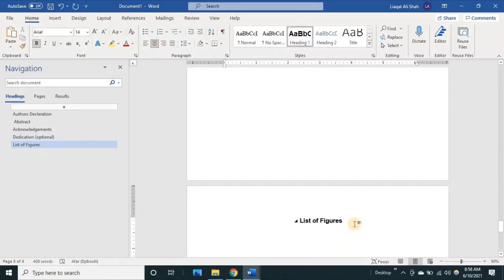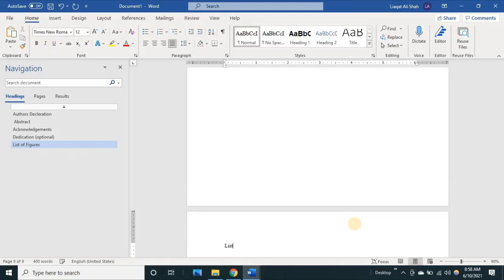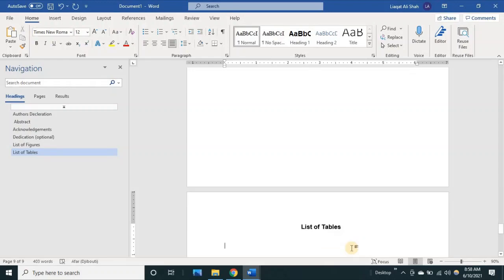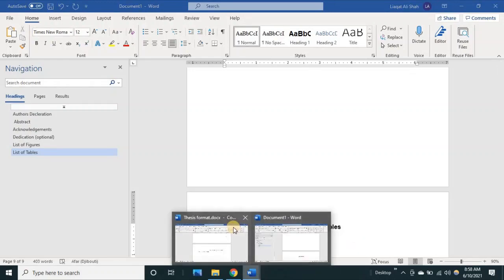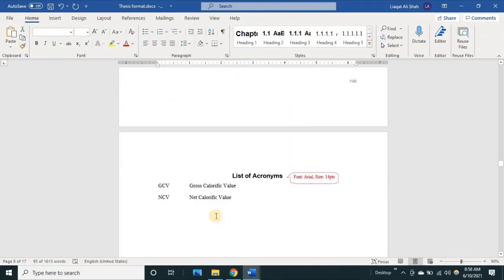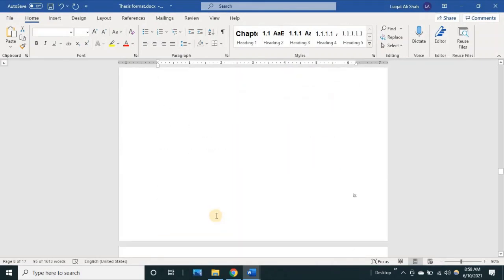Now Enter and Control Enter, list of tables, choose it and make it heading 1. Now the next is list of acronyms or other.